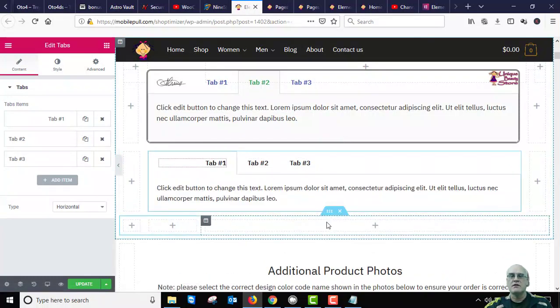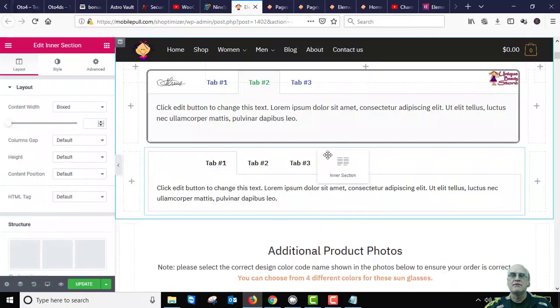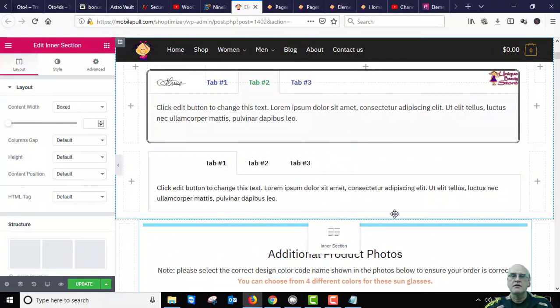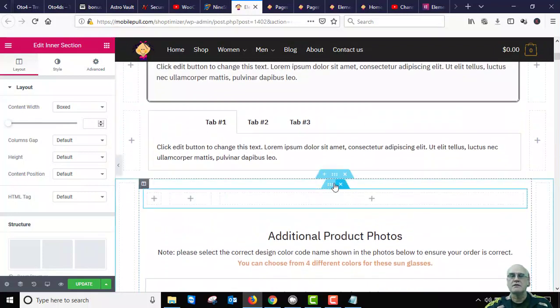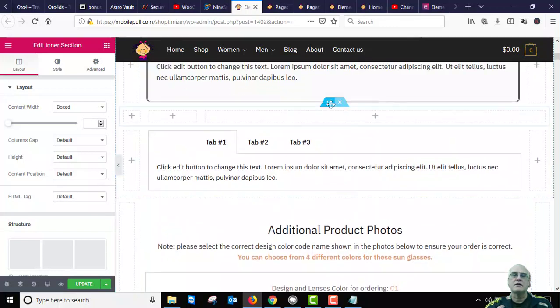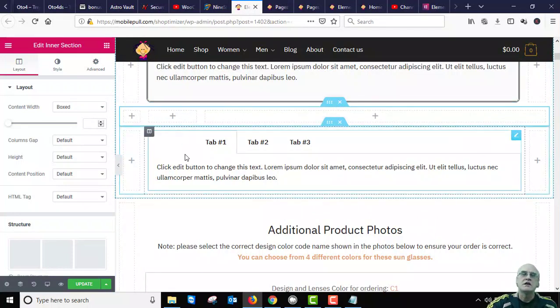So I found the workaround to that is, let's drag this whole thing above the tabs. If I can get it above there. Let's see if I got everything. Got it messed up again, I think. Okay, let's get it above the tabs. There it is. I think that's where I need it. Yeah, okay. So by having this above, it doesn't matter if the contents changes in height. It won't mess up with the image height. You'll see that in a second. You can try it if you don't believe me, and you'll see that it works